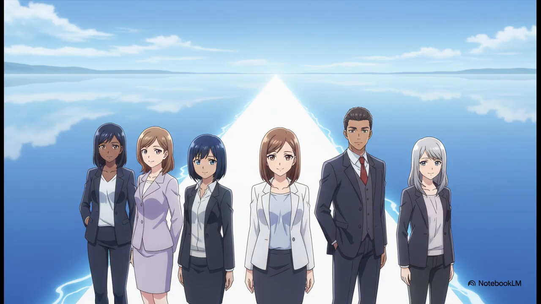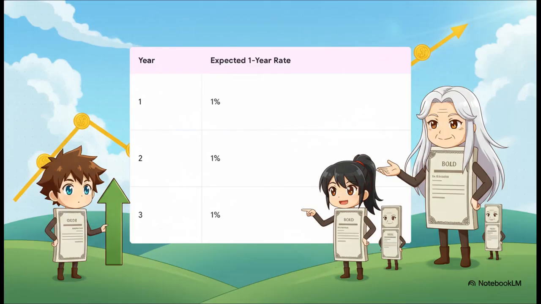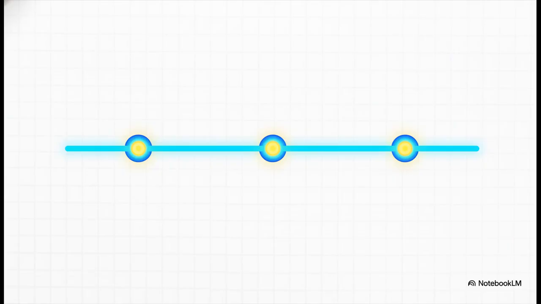Okay, on to scenario number 2. This time, the market is feeling pretty stable. The general thinking is that interest rates aren't really going anywhere. They're just expected to stay flat for a while. So in this world, the 1-year rate is 1% today, and the market expects it to stay at 1% next year. And you guessed it, 1% the year after that. No changes, just steady as she goes. And the average of 1, 1, and 1 is, of course, 1. So this means the rate for a 3-year bond will be the exact same as the rate for a 1-year bond. And boom, you get a completely flat yield curve. It's simple, it's logical, and it's all driven by what the market expects.